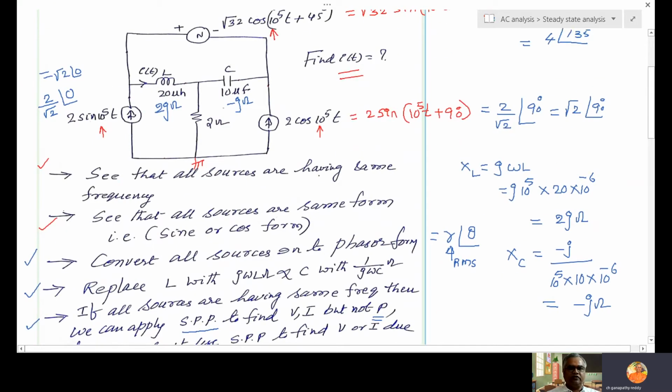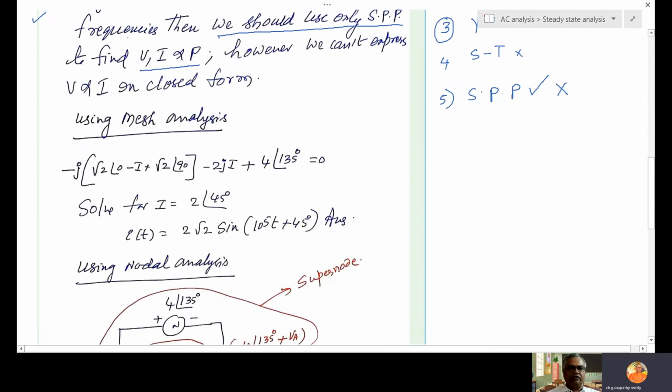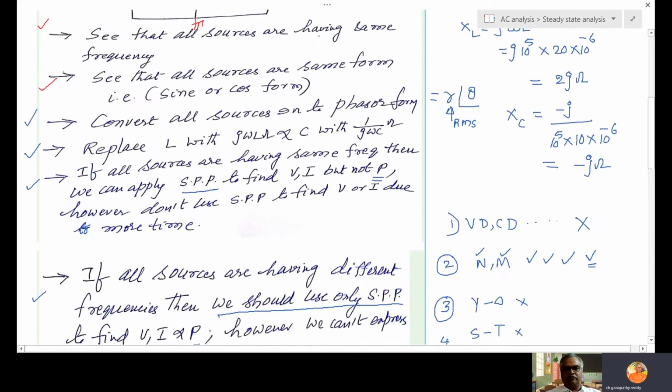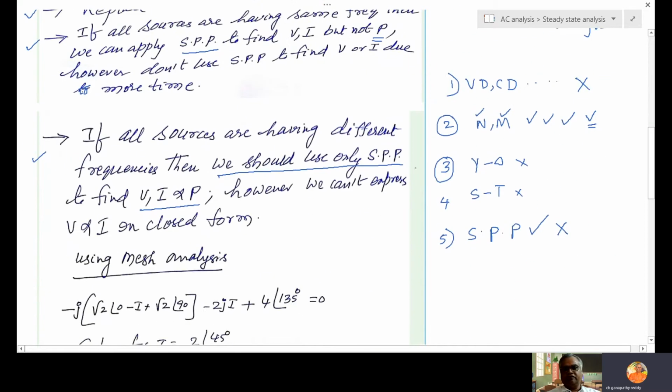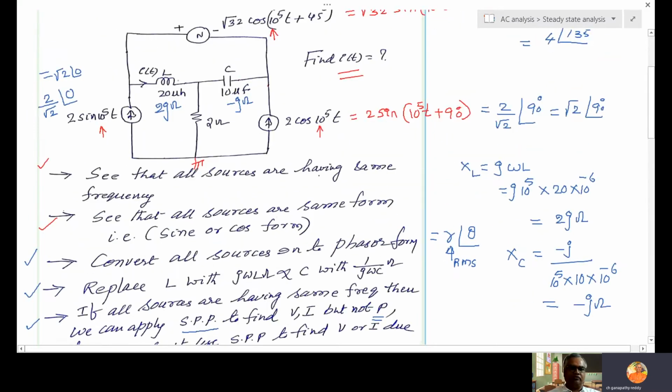Now the first four are already applied, and the fifth and sixth are explained. So finally, which method can we apply? This comes under all frequencies being the same. When all frequencies are the same, the best option is nodal and mesh only. So let us solve this problem using either nodal analysis or mesh analysis. Which one is best? It contains two current sources. Two current sources means two super meshes. With two super meshes, while only one super node is there, super meshes are dominating.